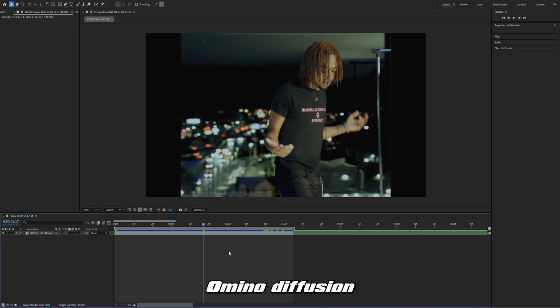So I'll have Omino Diffusion linked down in the description. Their website is not set up very well, to be honest with you, so you're just going to want to download the one that says for old Windows and Mac users or something like that. Just download that one. It's kind of misleading and confusing, to be honest, but just download that one. I'm in After Effects 2025 and it's working perfectly fine for me in here, and this is the newest version